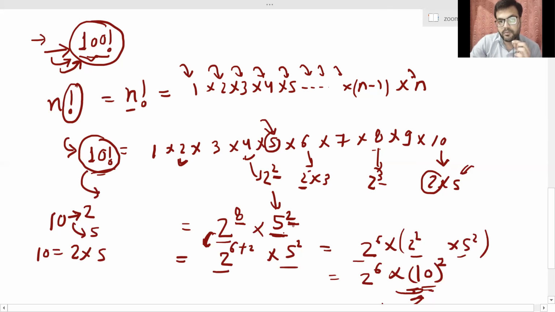Obviously we have got only two number of 5s. So from 2 raised to the power 8, we require only two number of 2s. So we will ultimately be getting how many number of tens? 2 tens. Okay, so the maximum power of 10 will be 2 only. The number of trailing zeros in factorial 10 are 2. We have got 2 trailing zeros.